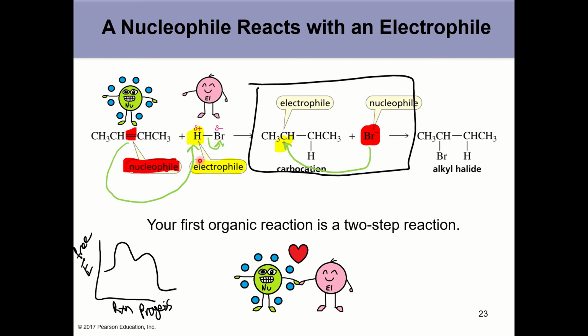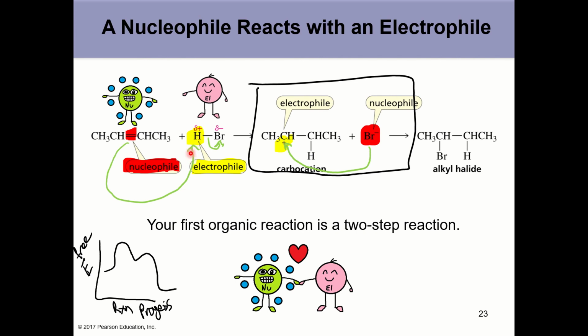We show how a new bond is created with arrows. This green arrow I have drawn goes from the donor electrons, the pi bond electrons, to the electron acceptor, hydrogen,